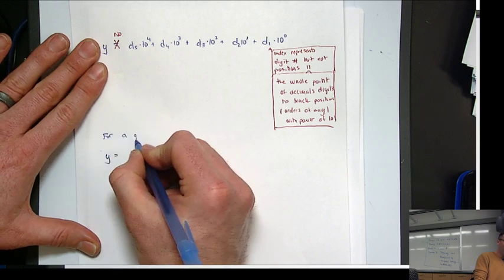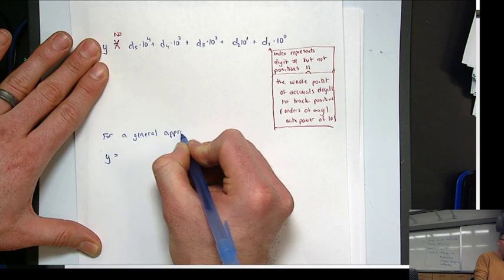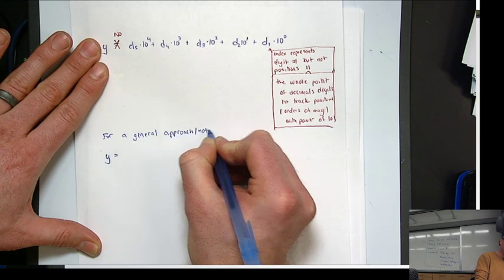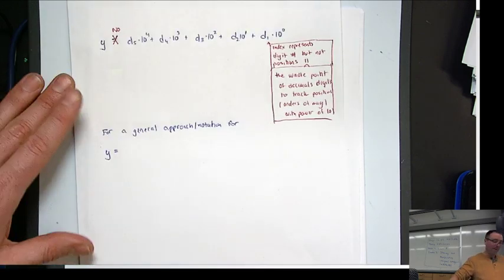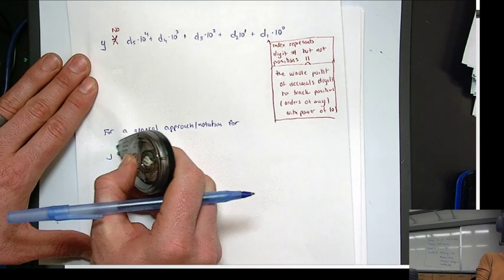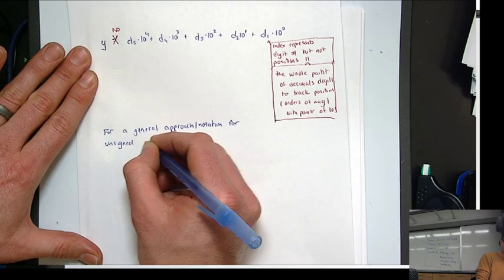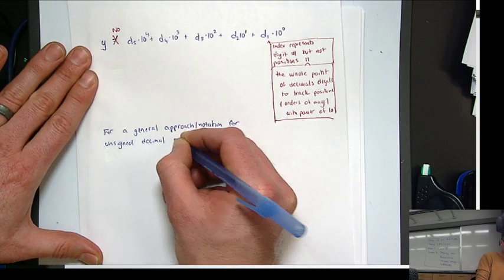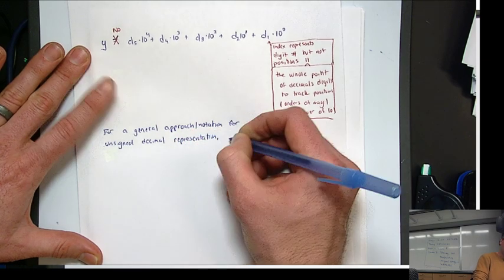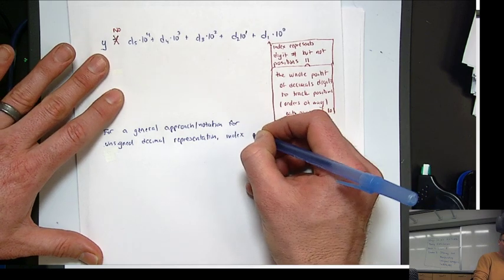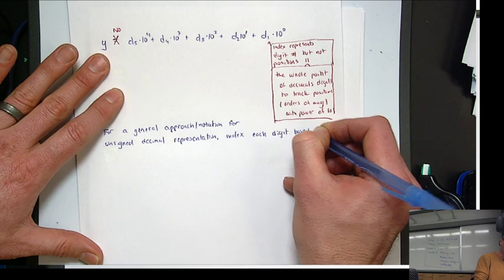For a general approach, another way to say this is notation for unsigned decimal representation. Index each digit based on the